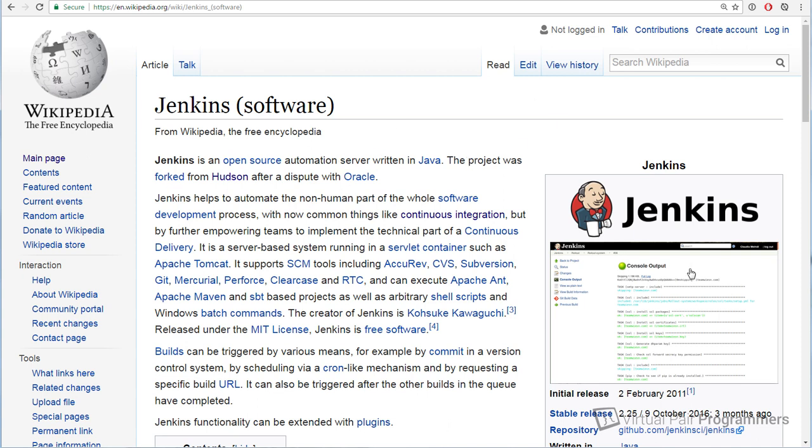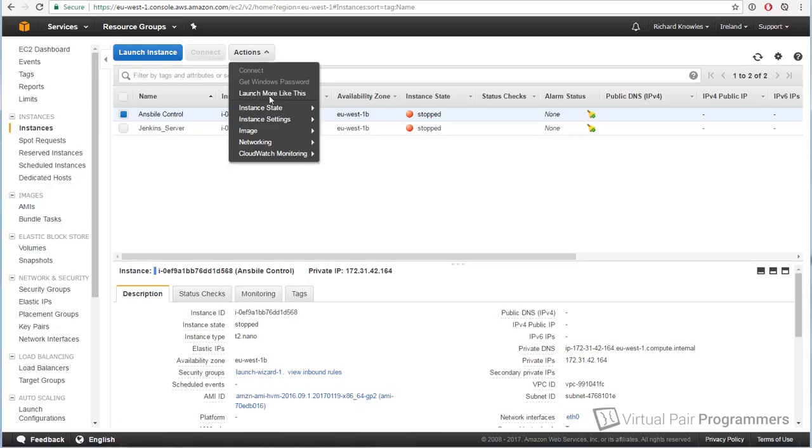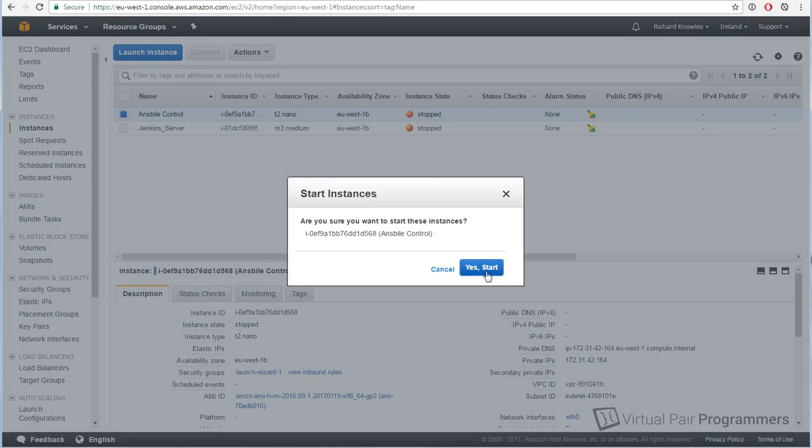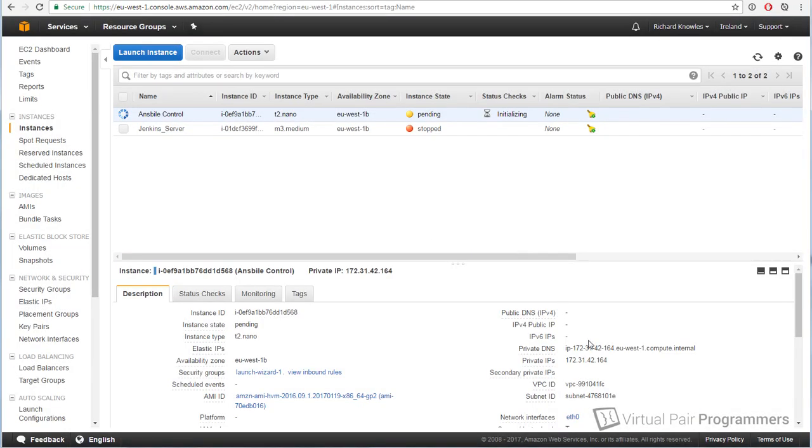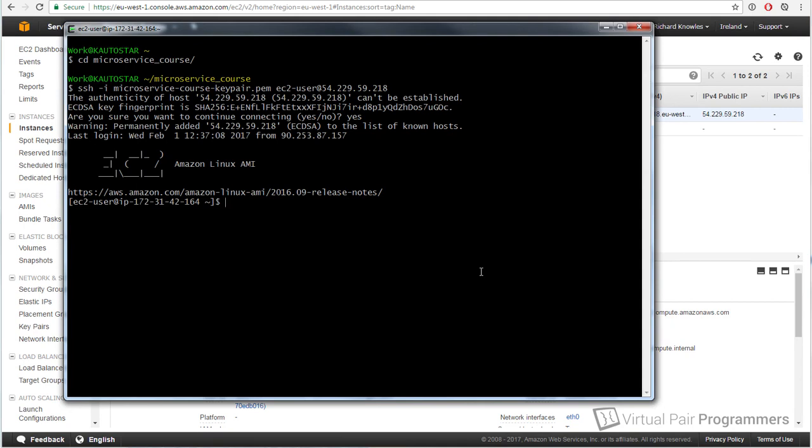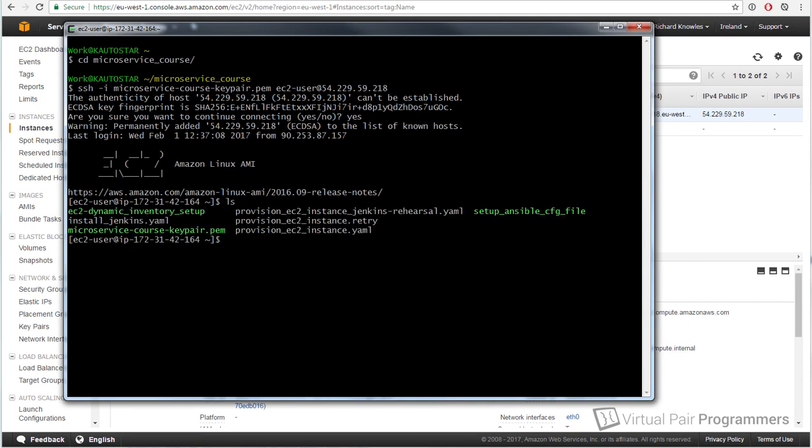So Jenkins is the tool we're working with, and of course by this point in the course you will have already written yourself an Ansible script to install Jenkins. So as usual, we'll need to start our Ansible node. Up until this point, we've been constantly starting and terminating the Jenkins instance. But this time around, for the first time now, we're going to run our Ansible playbook that is going to provision the